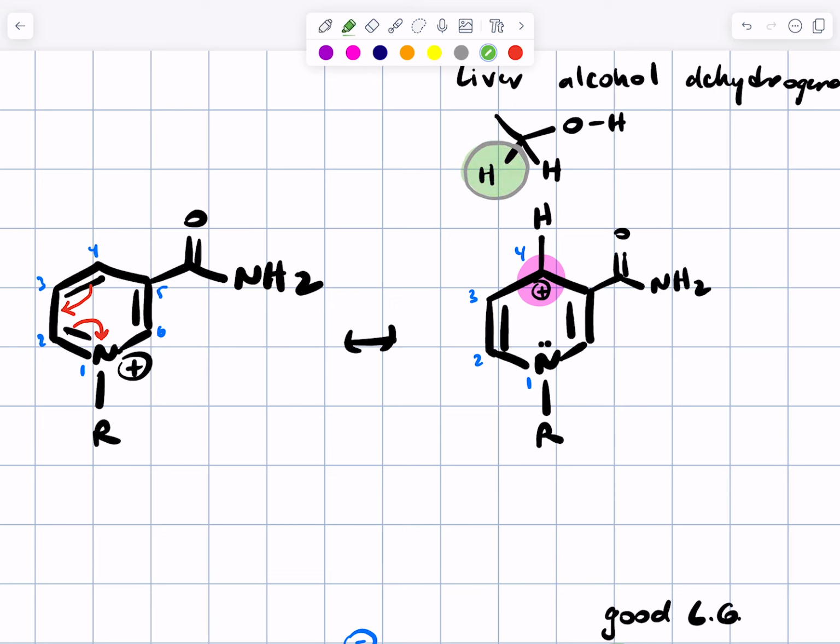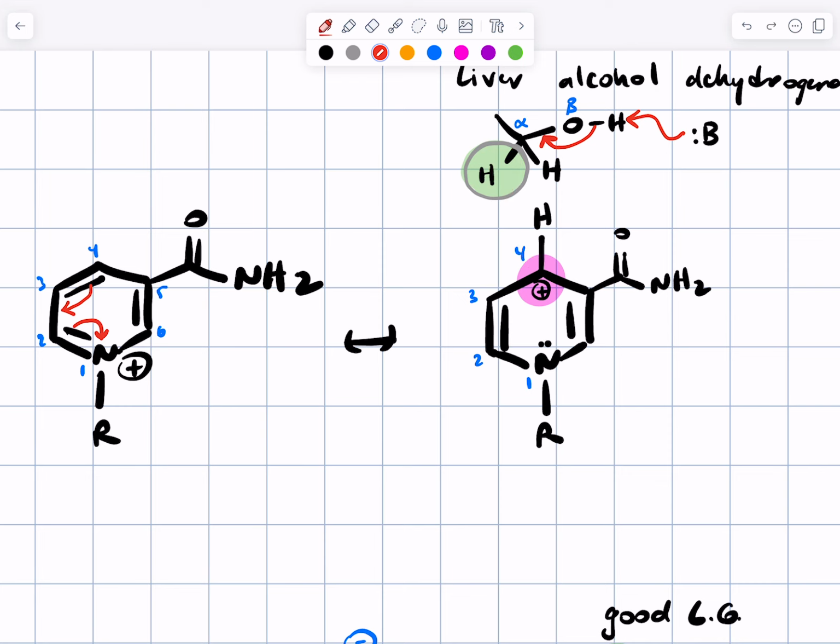Not a good leaving group actually, but it's going to be handed off directly to the NAD plus reagent that's sitting right by that alcohol. So it's never alone on its own, it's directly handed off. But if you think of that H minus as a leaving group, this is the alpha carbon, the beta atom is the oxygen, and you have a beta proton. So the enzyme, a side chain from the enzyme, will remove the beta proton. Electrons will kick down to form the new pi bond, and H minus will get delivered